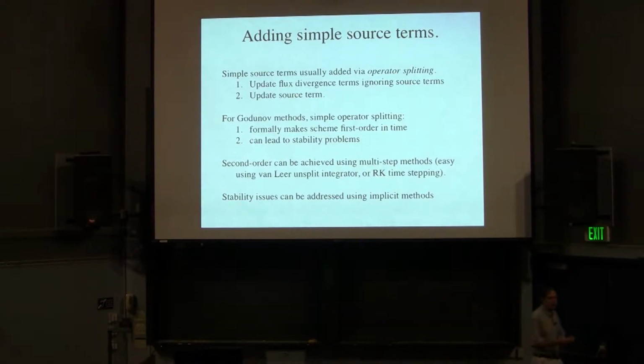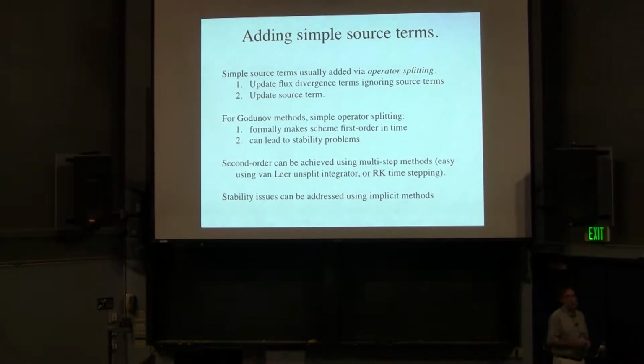If the source term is much bigger than the flux divergence term, then there should be a time step limit associated with that source term as well. And if you're not taking that into account, then that can cause you all kinds of stability problems. There are also even more subtle things, particularly